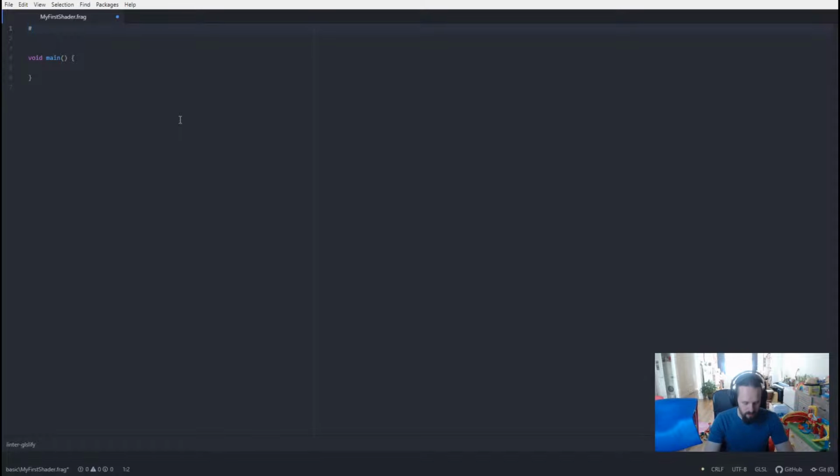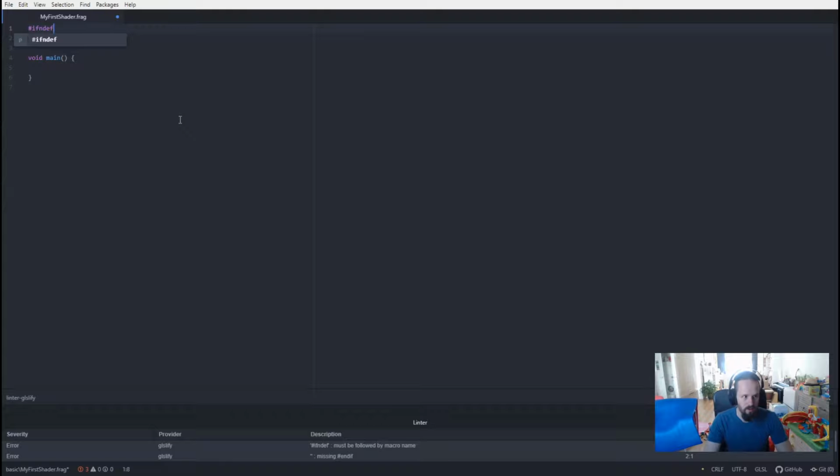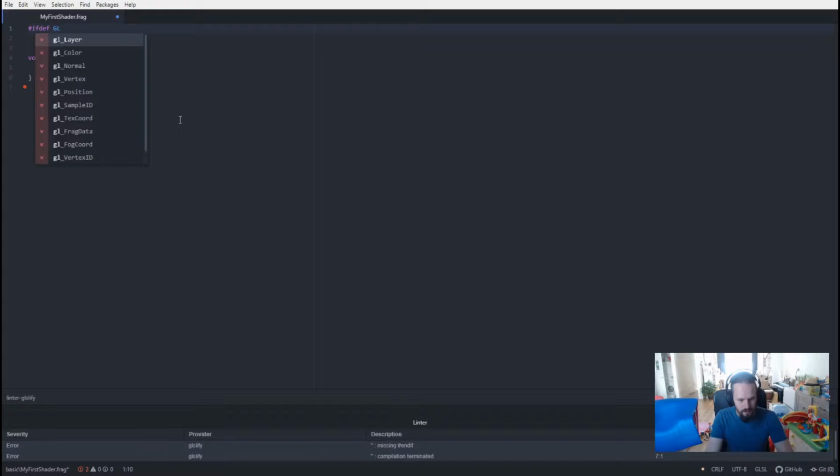Also, compiler tags like the ifdef are very similar to C. Oh, it's trying to autocomplete too much for me. These are compiler directives, the ones that start with a cardinal here. Actually, I want ifdef. I want to just set the precision of our floats, because that is a problem with versions. That is one of the main things that make a difference on your shader. So I'm going to put here, if it's defined GLES,